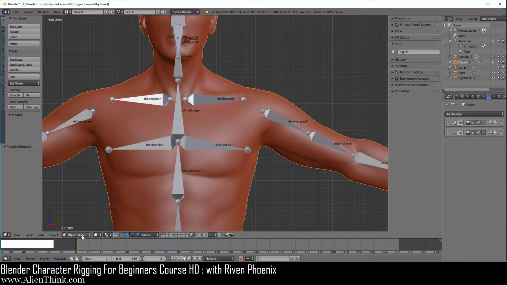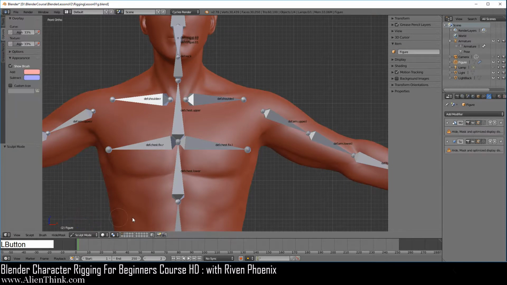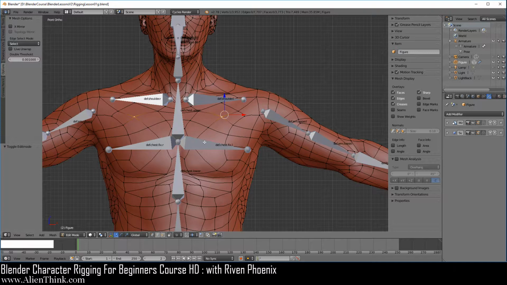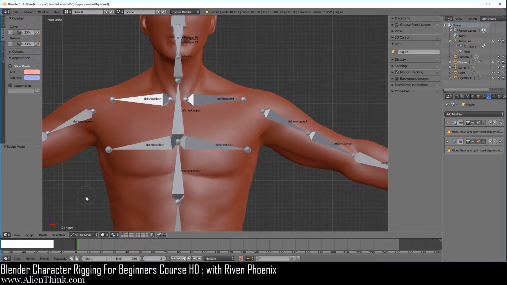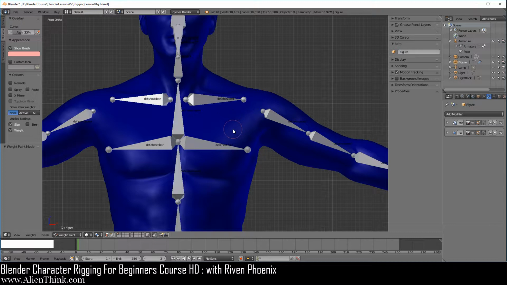Okay, now press tab to go into object mode. Now let's say that when we are in object mode, we want to go to sculpt mode. Remember, when you do Control Tab, it will always go to weight paint mode. Let's switch to sculpt mode over here. Now, when you press the tab key, it's going to go into edit mode. And when you press the tab key again, it's going to go to sculpt mode. Now, when we do Control Tab, when we are in sculpt mode, it's going to go to the weight paint mode. Now, to go back to sculpt mode, you would do Control Tab.